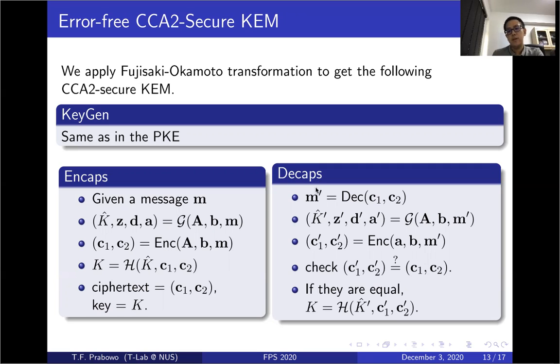Okay, the decapsulation is done in a straightforward way. You decrypt, and then after you decrypt, you do re-encryption. This re-encryption is to check that the ciphertext is generated correctly and not altered. So this is our key encapsulation mechanism,